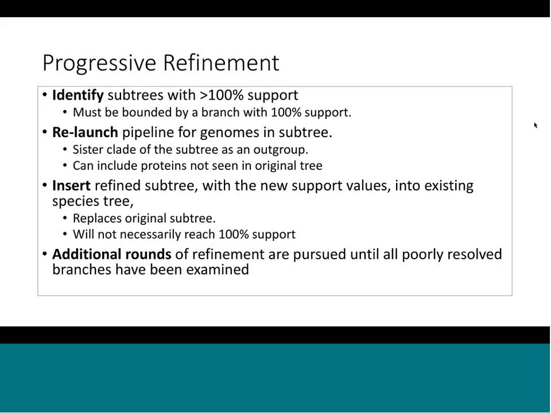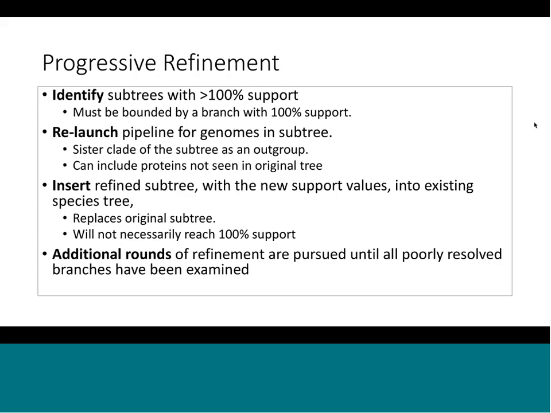And it'll relaunch the pipeline choosing the next part of the tree, the next branch down, as the outgroups. Once it has generated the subtree, it will insert it back into the tree, replacing the previous branch that was weakly supported with the new branch. The tree pipeline will continue in this process until each of the poorly resolved branches that meet the requirements have been examined. Now, it's very cool and it's a very powerful aspect of the tree, but let me warn you,